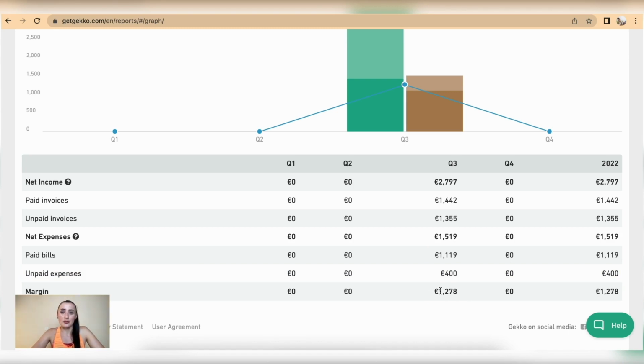If I'm reporting on my cash basis, then it will be paid invoices 1.4 less my paid bills 1.1, which would give me about £323 as a margin. Not bad, I have made a little bit of profit, and considering that my unpaid expenses only total 400 and unpaid invoices total almost 1,400, there is another potential 1,000 euros that will go towards my profit,